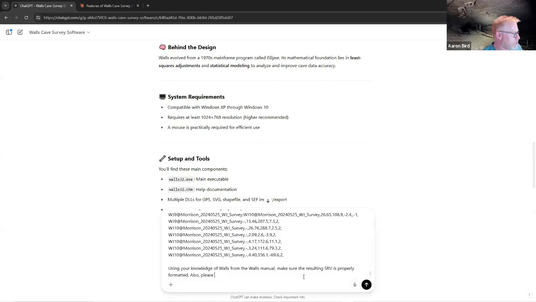Also, please look for coordinates. Let's say UTM coordinates or latitude, longitude,